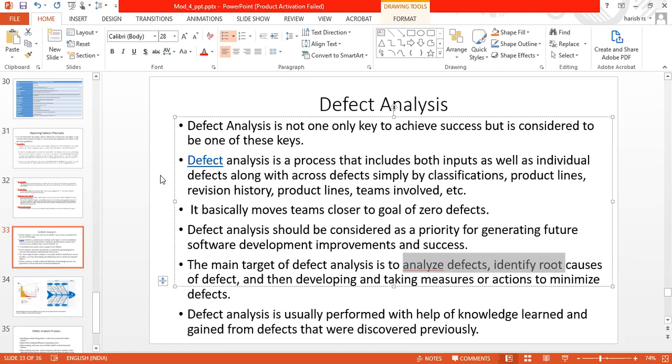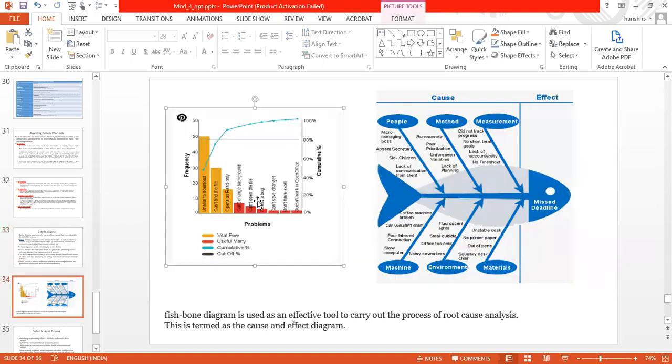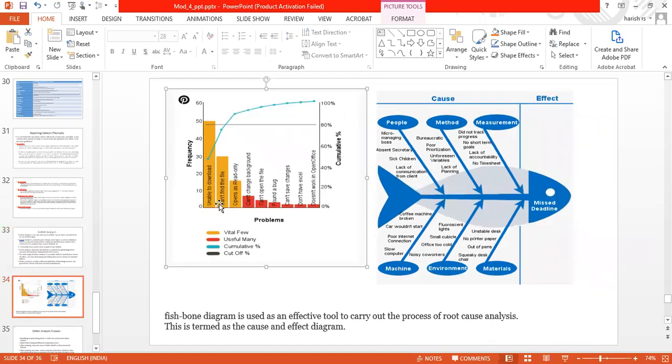For defect analysis, I have given some example defects. "Unable to download" is a very frequently encountered defect in web pages. Next, "cannot find the file." This is also one more. "Open as read only" is also one more defect we usually find. And then "cannot change background," "cannot open the file," "found a bug," "cannot save the changes."